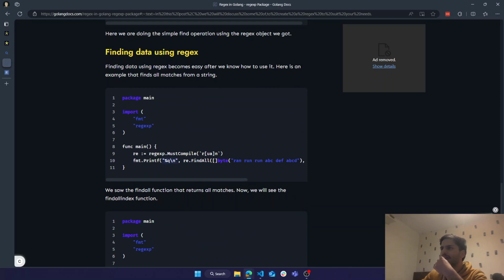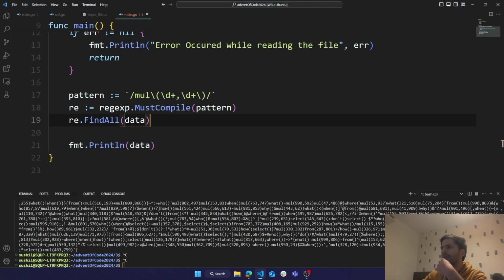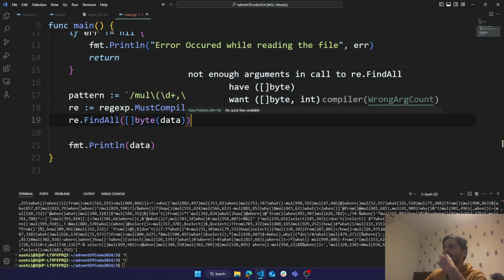What the hell is this? Not enough arguments in call to FindAll: have one, but we need one string and an integer.